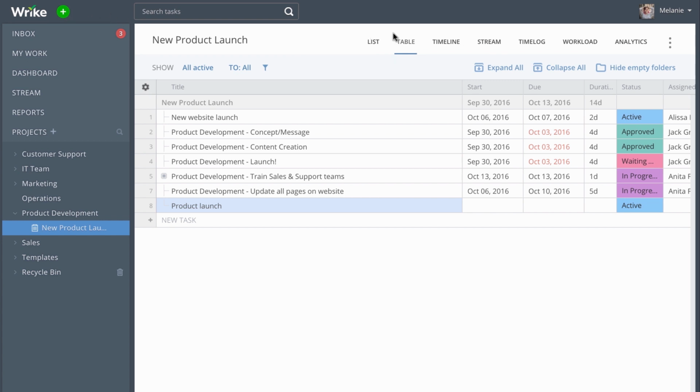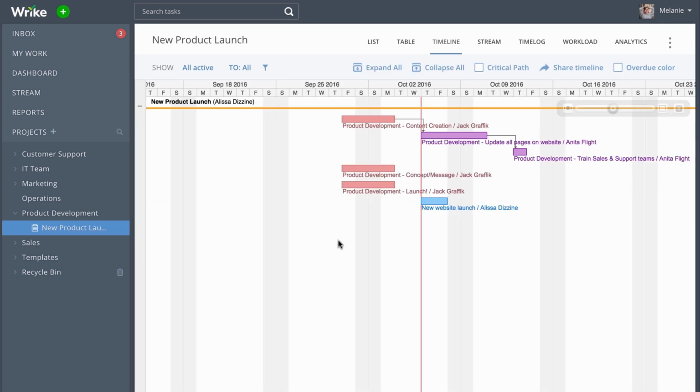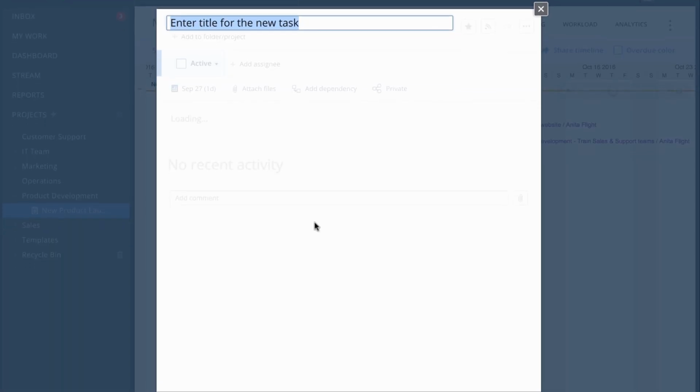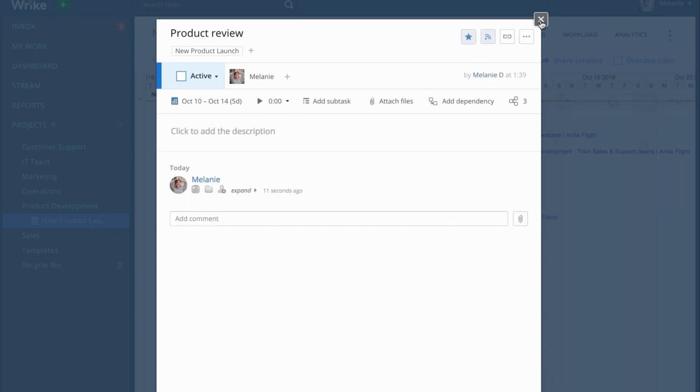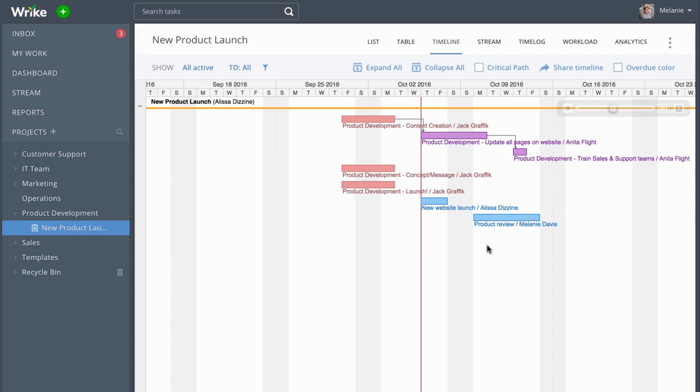Let me show you a quick tip on how to create a task on the timeline view. Locate the date where you want to add a new task to the timeline. Hold the Shift key and left-click. A new task gets added to the project with the date range you chose and opens the Task View panel. Add the title, an assignee, adjust the schedule, and close it. Now you will see it on the timeline.